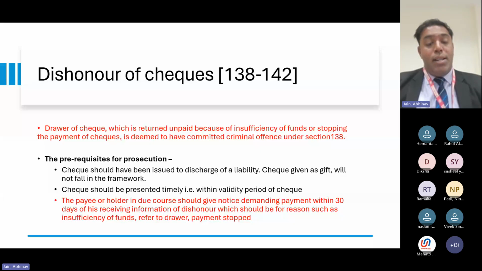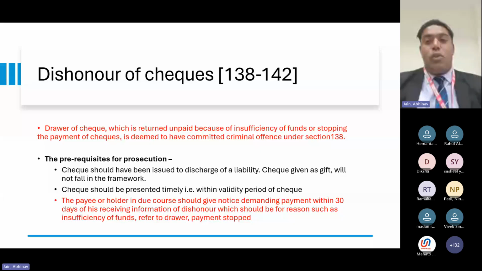Very important. This can be a question. The holder in due course or payee will have to give a notice demanding payment within 30 days of receiving information of dishonor, which should be for reasons such as insufficiency of funds, refer to drawer, or stop payment. Like, 30 days is the key essence over here. Please do remember that the payee has to give such notice